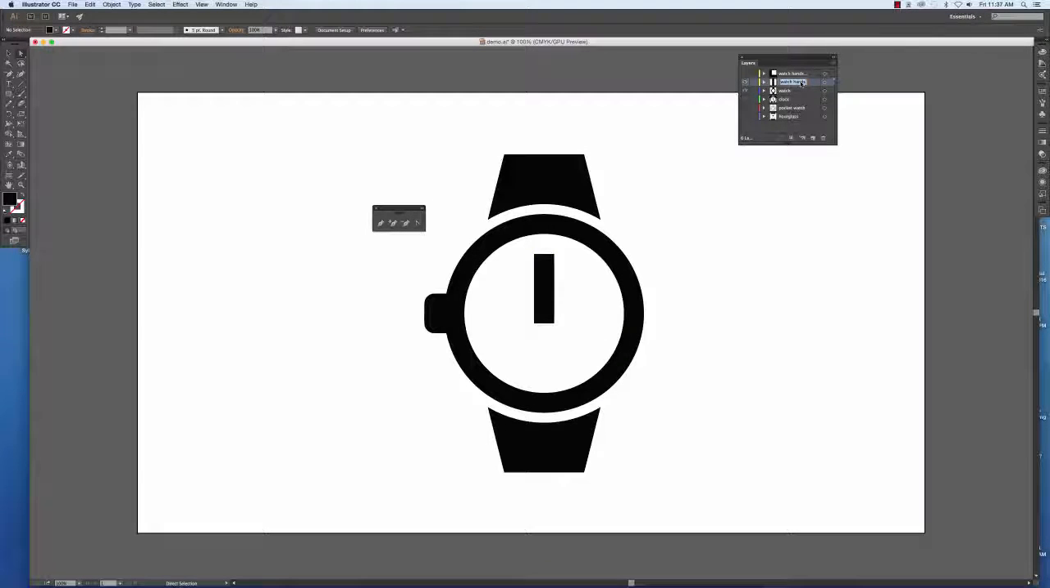So I can call this, if I want, the hour hand. And we'll call this the minute hand. And I'm going to scoot the minute hand over a little bit so that it overlaps. And so now if I were to import this in, I could import it where I would have just the watch, the hour hand, the minute hand,